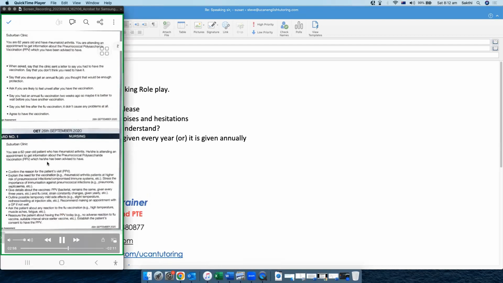Is that okay, Miss Sunita? Nurse, after taking this vaccine, am I going to have any problems? Actually, there might be mild side effects for some patients, like fever, a mild increase in temperature, or slight redness or swelling at your injection site. And I recommend that if the temperature is too high, or you have lots of pain, and more swelling and redness, you can visit your GP, but hopefully it doesn't happen to most of the patients, and it will not happen to you also.